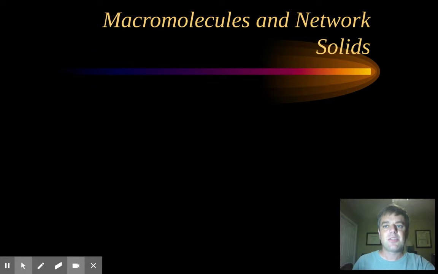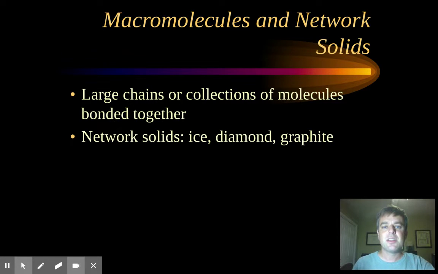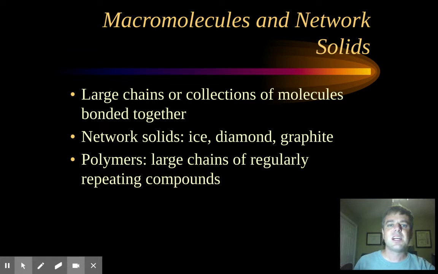Macromolecules and network solids. These are large chains or collections of molecules that are bonded together. Network solids include ice, diamond, and graphite. And then another type of